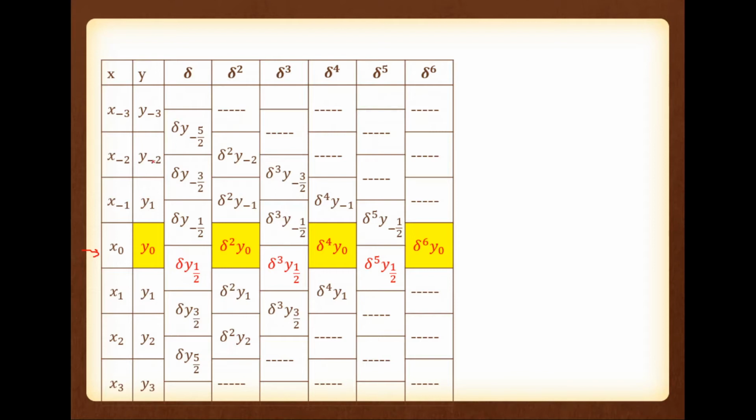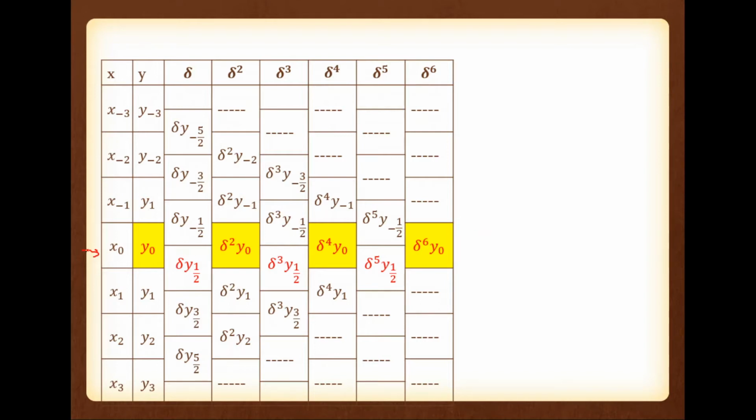The middle of minus 2 and minus 3 is minus 5/2, so theta y minus 5/2, theta y minus 3/2, the middle of these two, theta y minus 1/2, the middle of this one, theta y 1/2, the middle of y0 and y1, like that way. Then by using the theta y column, we are finding theta square y. You are familiar with that. So I told you we are going to interpolate the unknown function by using the center data.